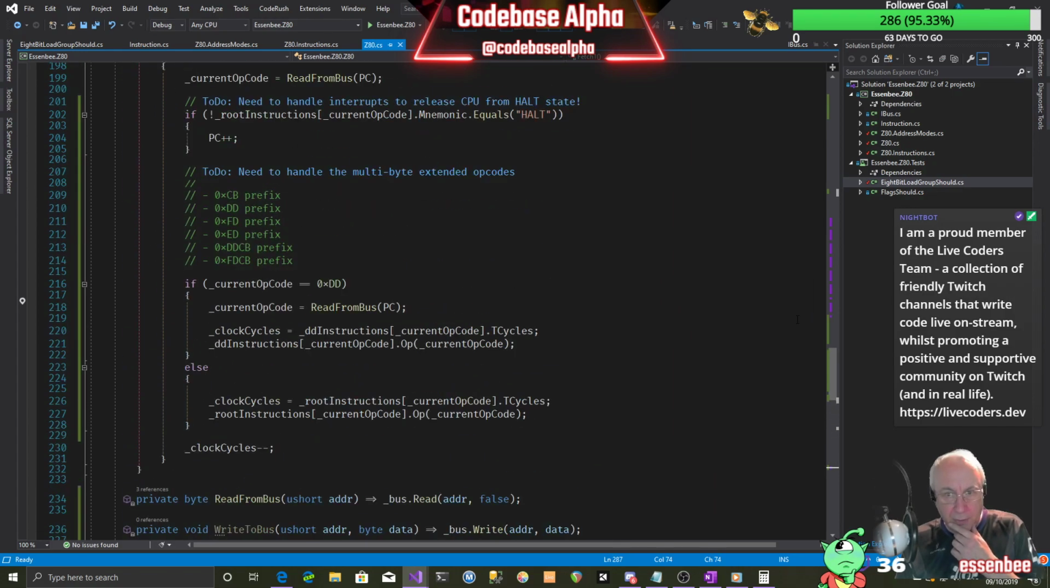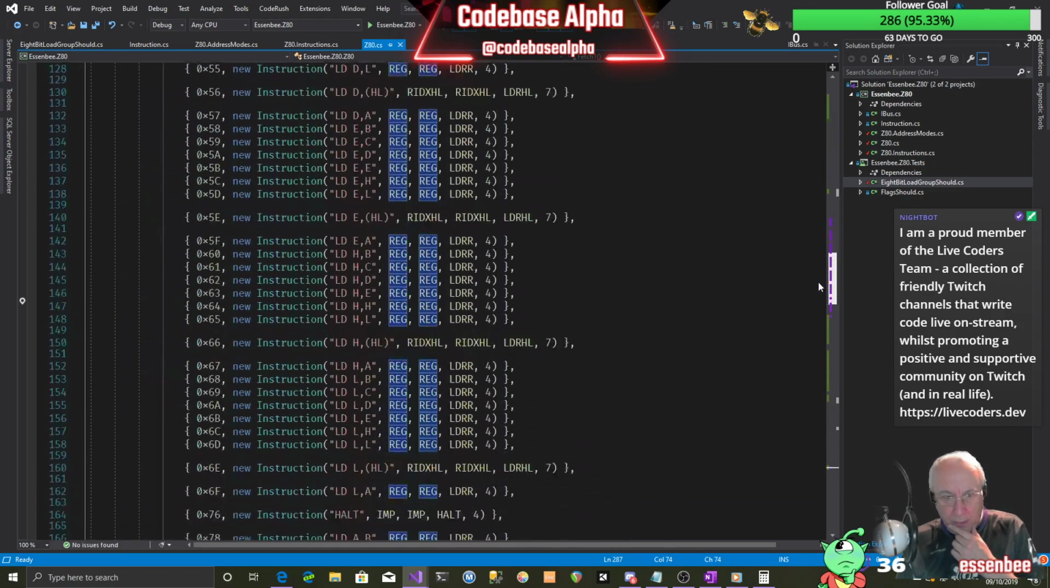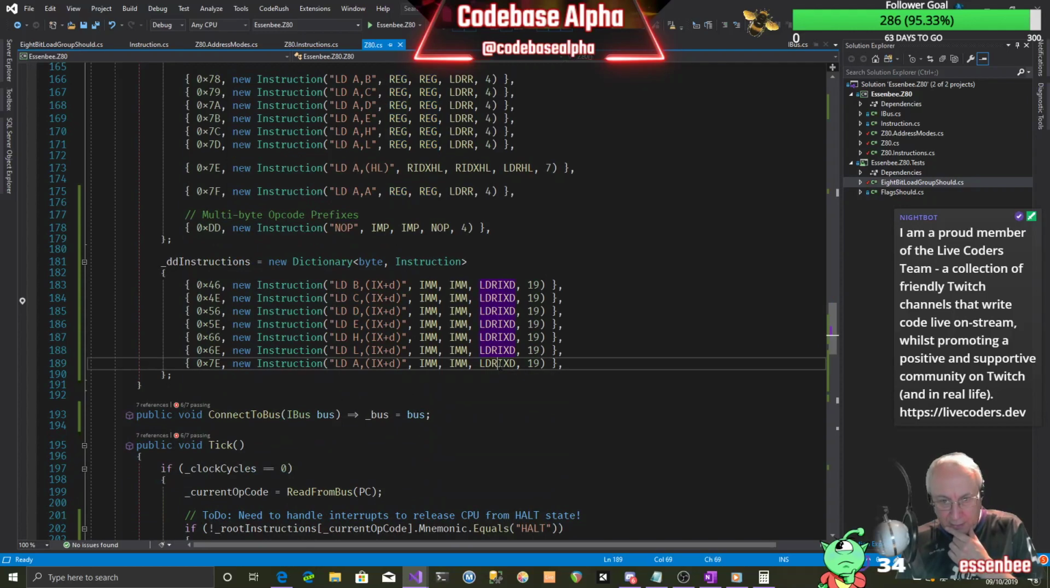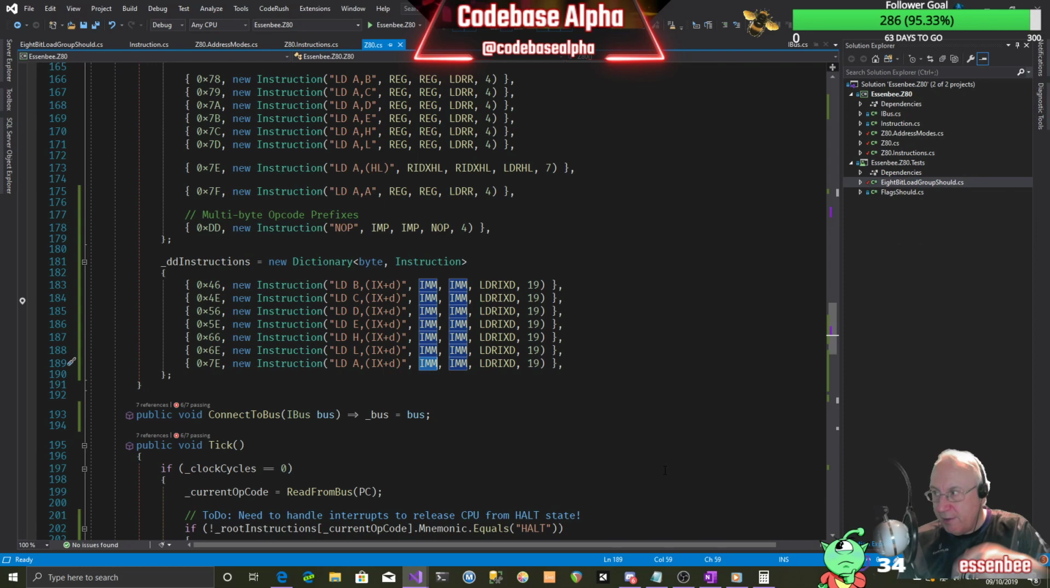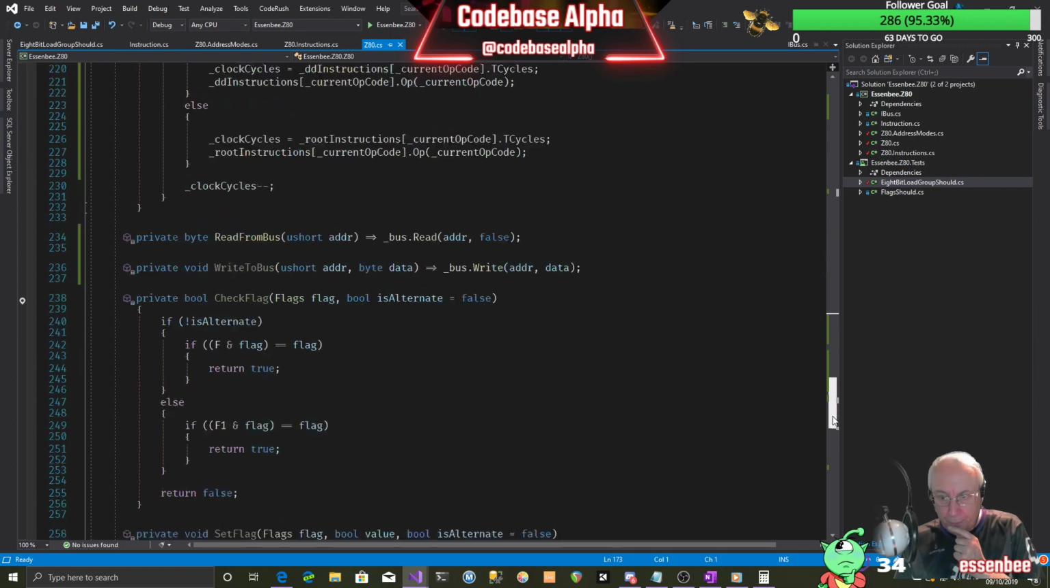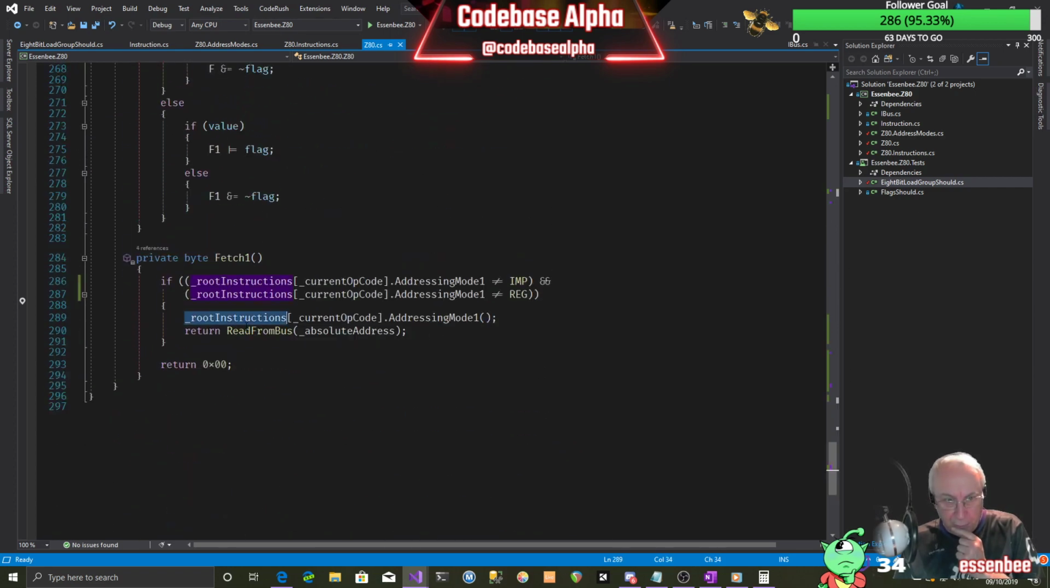If we go back to our addressing mode here, what we're trying to run is immediate mode, saying the very next byte contains the data. But what's happening is, because these are the same opcodes from a different lookup table, it's using this addressing mode. It's looking at the wrong table. You can see here it's using root instructions. So we kind of need to tell it